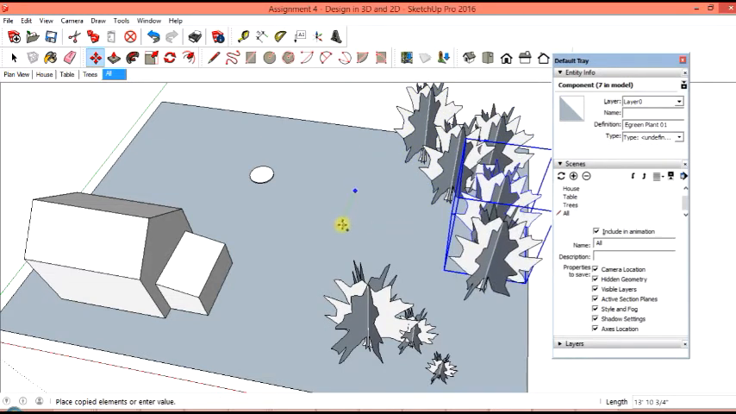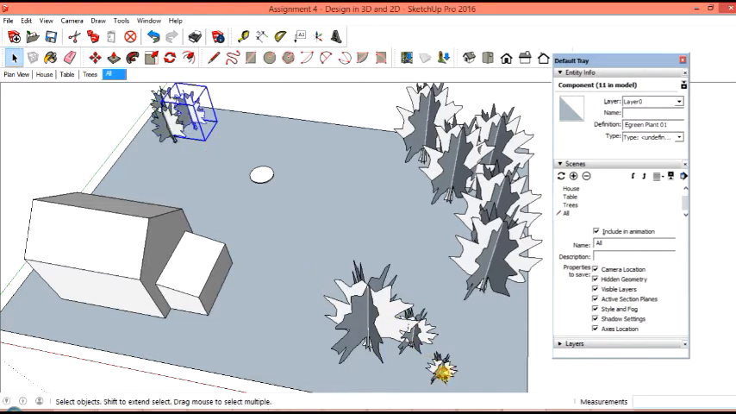Anyway, so I've got copies. I can work this out in 3 dimensions and see just how I want things to look. I could change my view a little bit and move around if I wanted to. For the time being, we'll just stay in this view and